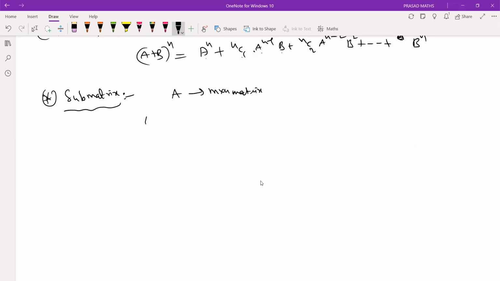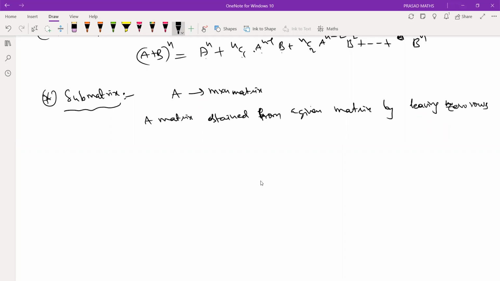A matrix obtained from a given matrix by leaving 0 rows,